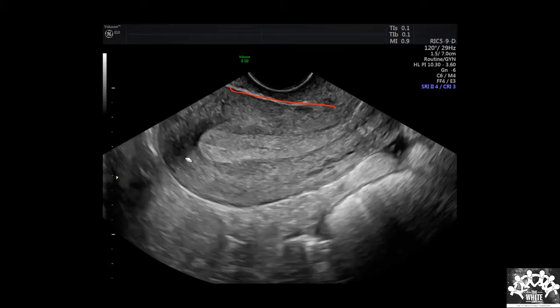Because the endometrium is a specular reflector. Good, it is looking brighter. Now, how will I tell the stage? Is it soon after the menstrual bleed, or is it in the secretory or the later stage? It's a later stage. Why is it a later stage? Because it is appearing thicker. Good.